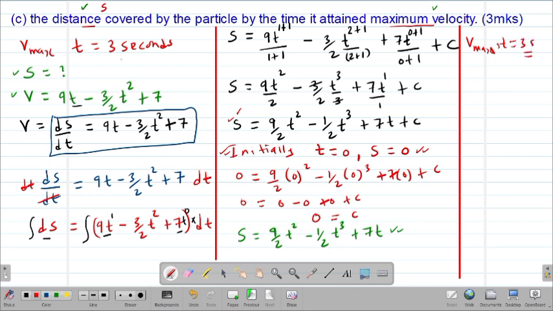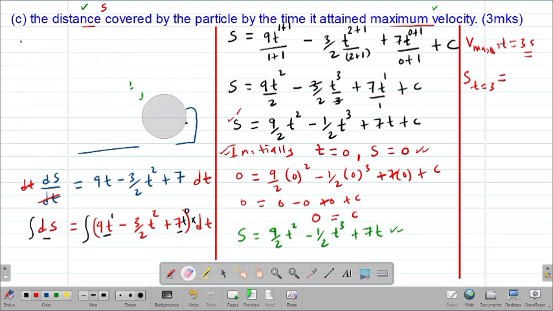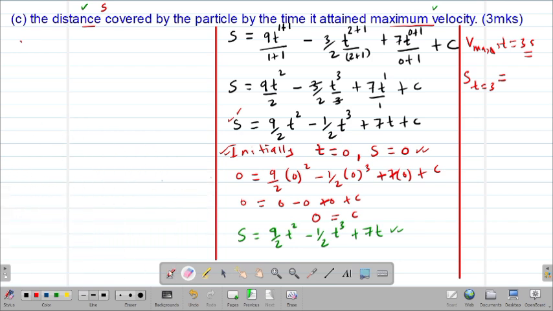Therefore, the displacement when t is equal to 3 seconds will be given by the following. I'll just substitute in the equation for the displacement of the particle. Therefore, s when t is equal to 3 seconds will be equal to